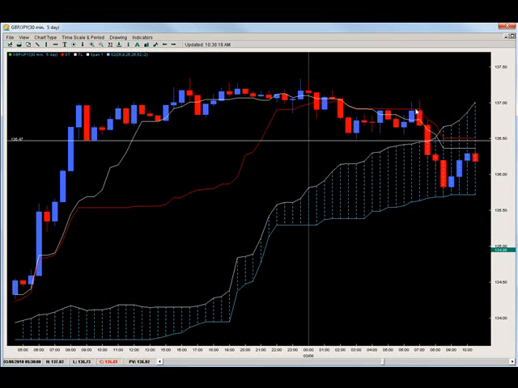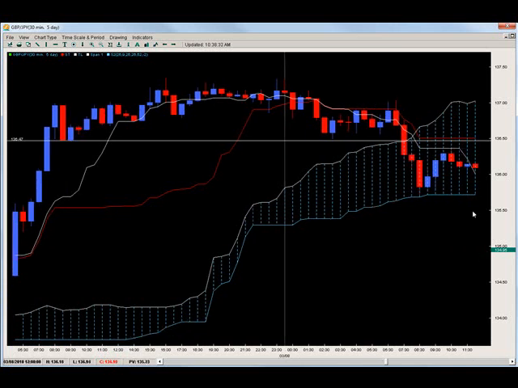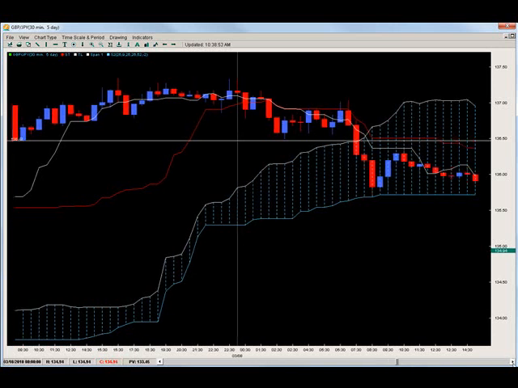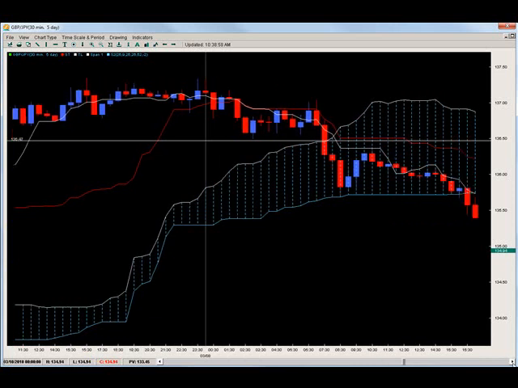But remember how it used the Kijun as resistance? Look what it starts to use as resistance now, the Tenkan. What that means is that in the initial, this is kind of like the last defense. The Kijun is generally referred to as the last defense, basically, other than the Kumo. It was using the last defense as resistance. Now it's treating the front line as resistance, suggesting that the reversal efforts are much stronger than they were over here. It now treats the Tenkan as resistance, moves a little sideways, and then all of a sudden dumps out